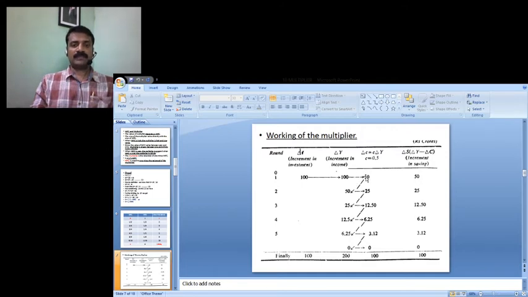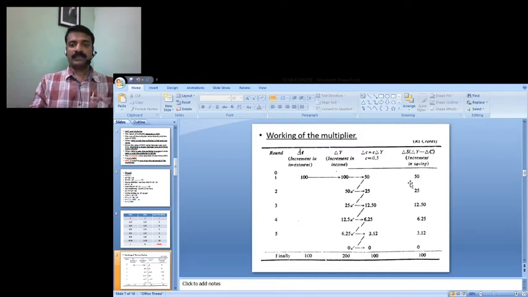Any type of consumption expenditure will become an income. That 50 is a 0.5 portion, half the portion and half the portion. 50, so 25 is an MPC and 25 is MPS. Again, this consumption expenditure 25 will become a 25. Here it's an income. Here 100 is divided by